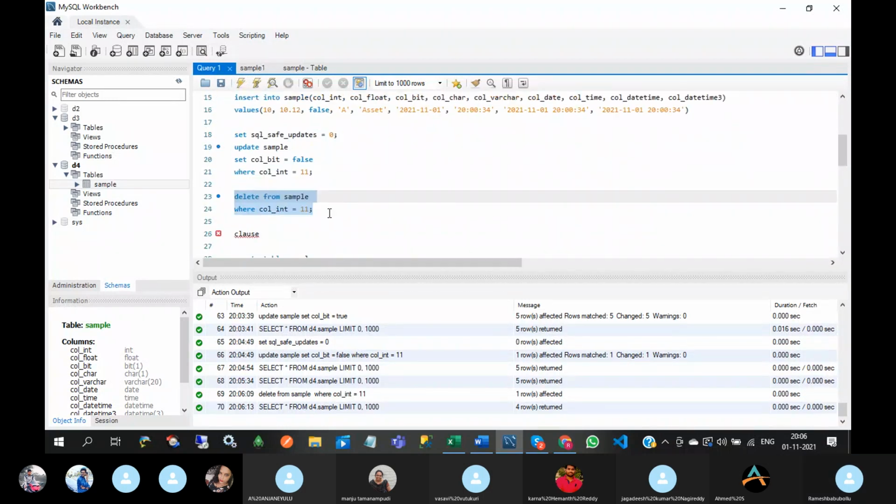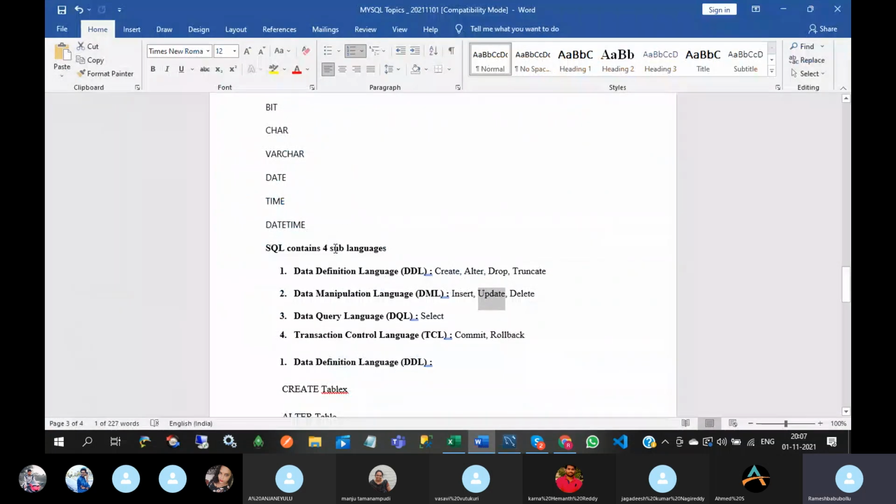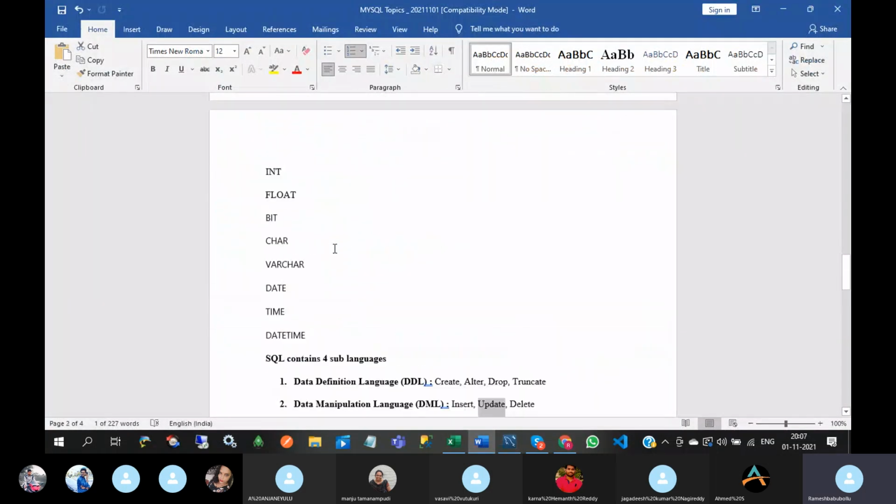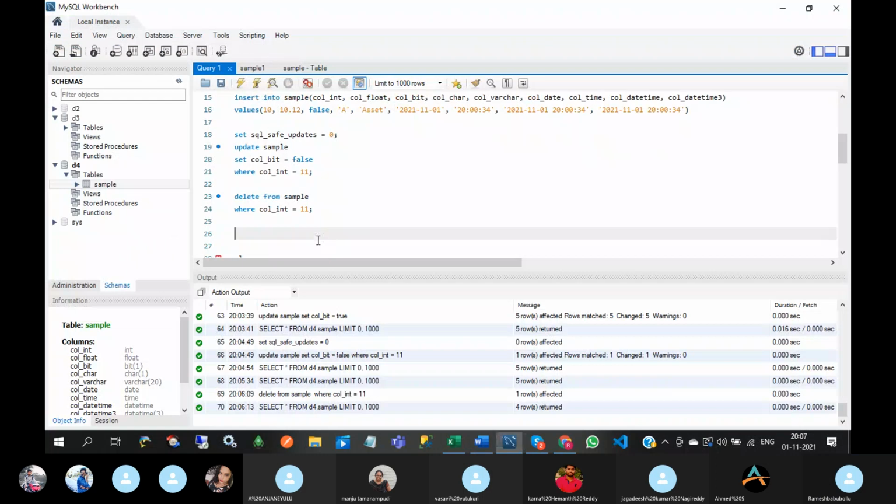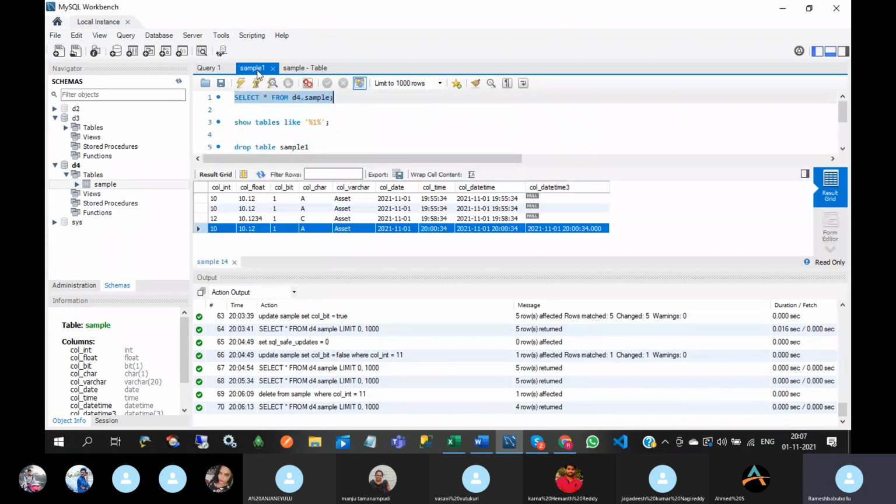Okay. So next, I didn't discuss this truncate statement. Truncate table sample. If you use the delete command without a where condition, you can also delete the entire records.